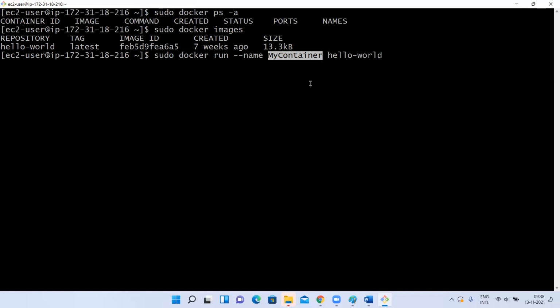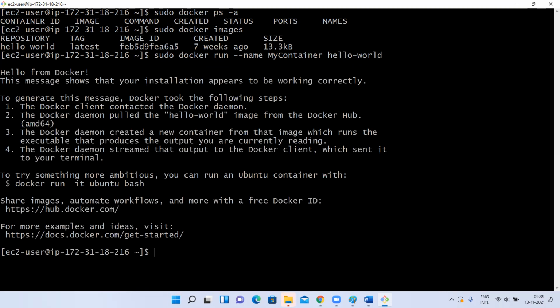I'm going to give it to my container. Okay. Remember one blind rule. Not 100%, I'm not saying. In most of the cases, whenever you are using an image, the image name will come at the end. Not always. There are a few cases where we will give one more extra parameter after the image also. We'll see that later. But in most cases, the image will come at the end. So docker run is the command, and the image means I want to create a container for this image. And for the container that is going to be created, I want to use a custom name. Do this, right?